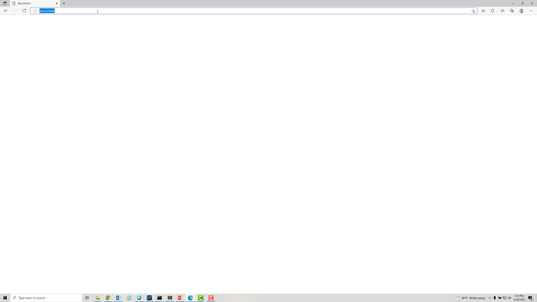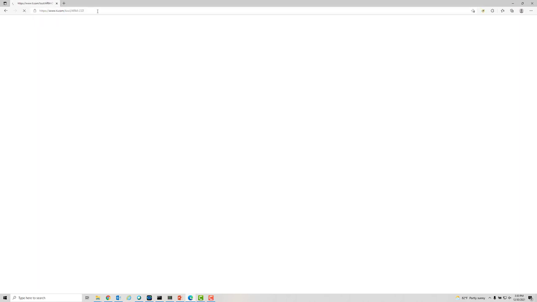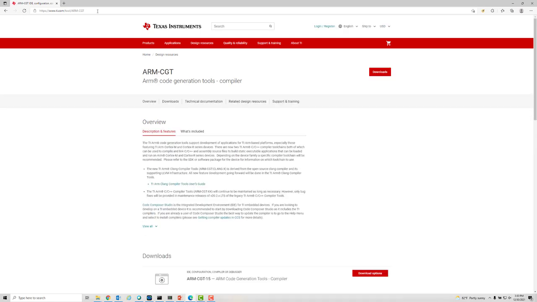So I'm going to show you one good way to get to the qualification kit. Let's start with the home page for the ARM-Clang compiler, which is ti.com/TI-ARM-Clang, which currently redirects to right here. Oh, and I should mention that obviously this is being done at a particular point in time. By the time you do this, things might be a little bit different, but I think it'll be very similar to how we're looking at it right now. This is the current home page for the TI-ARM-Clang compiler, of course subject to change over time.